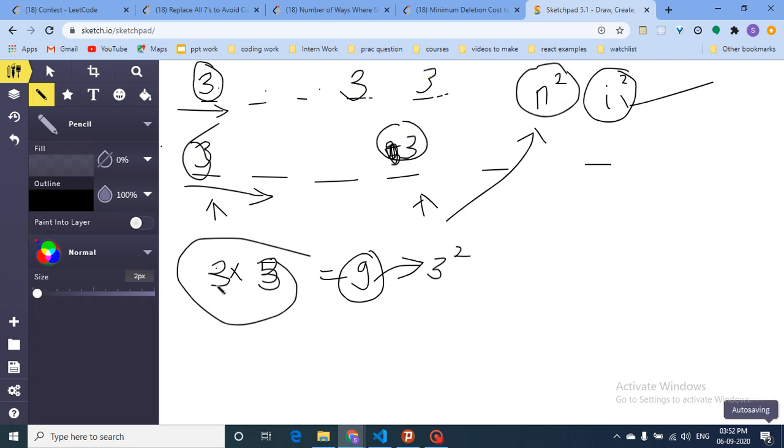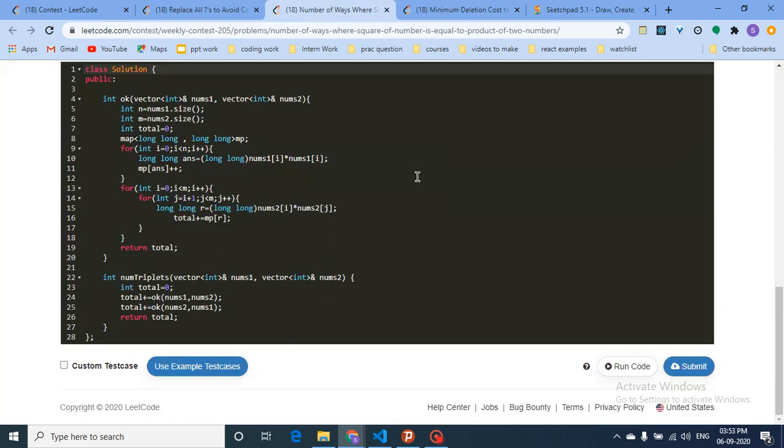Let's assume that there are 3 ones. So what you can see, if you take this pair which is equal to 9, then for this pair there are 3 positions in which we will form a triplet, because if I take this i and these two as a pair, it will form a triplet. For this i, both of these will form a triplet. So what you can do, store them in some map, and then for every O(n^2) iteration over the other array, we will check whether I can form a pair, and how many numbers are there in the original array which will form a triplet with this pair. So that's the whole logic for the second question.